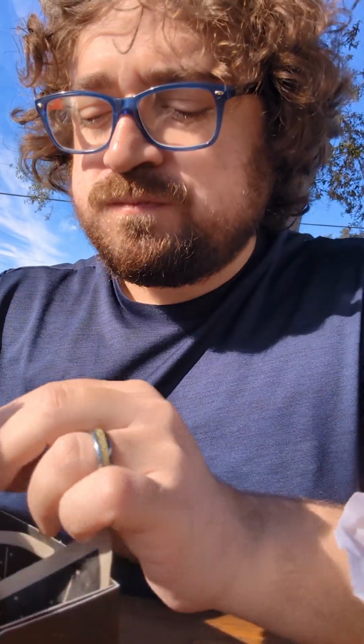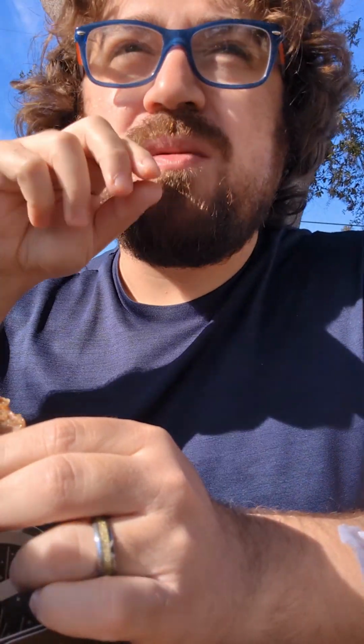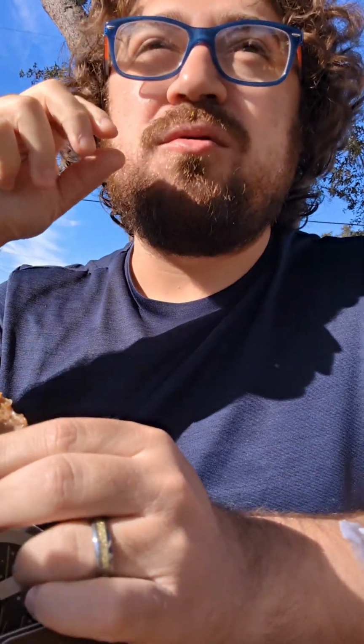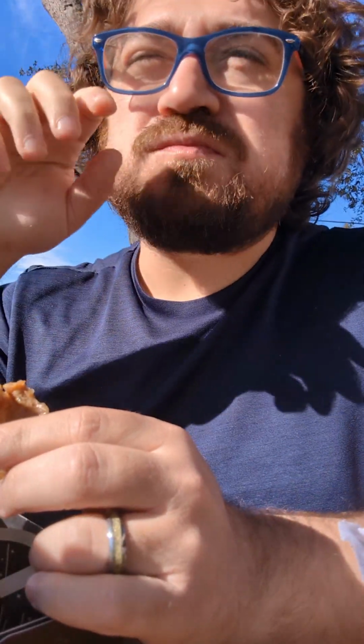So flaky. The peanut butter and the apple taste fantastic. The apple is very soft. It's already a baked apple. It tastes like fall when you do baked stuffed apples, but they put peanut butter in it